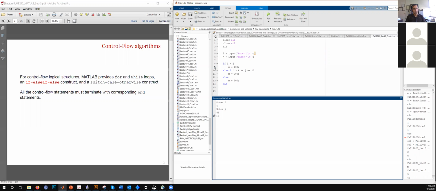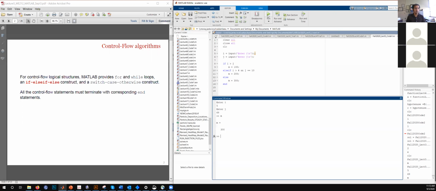I think it should be 300. It should be 300 because i is not greater than j. i is greater than 4, but j is not 10. So the only other third condition that we are left with is still 300, and 300 it is.